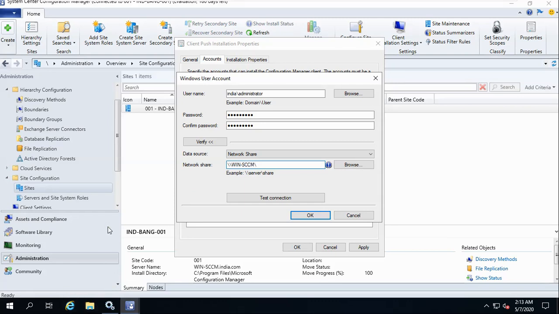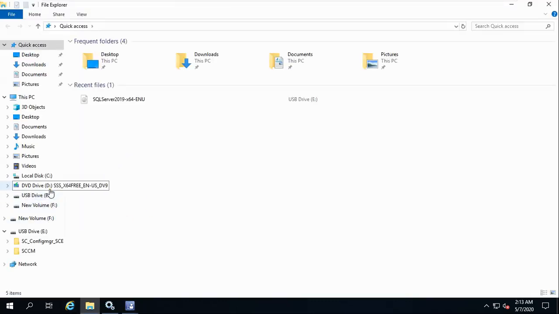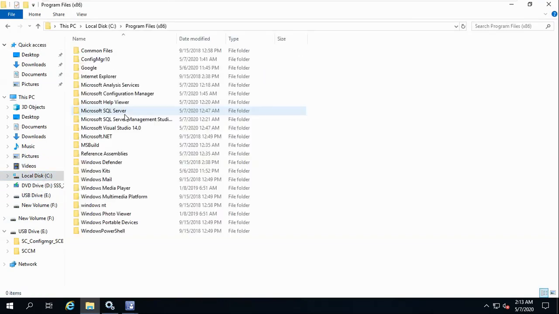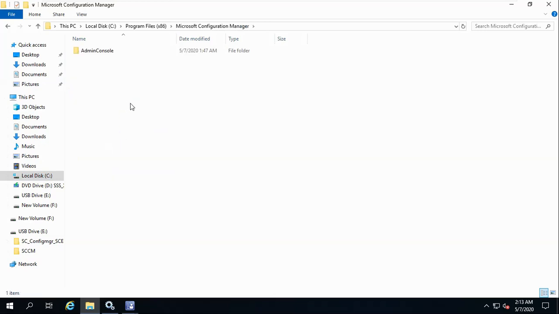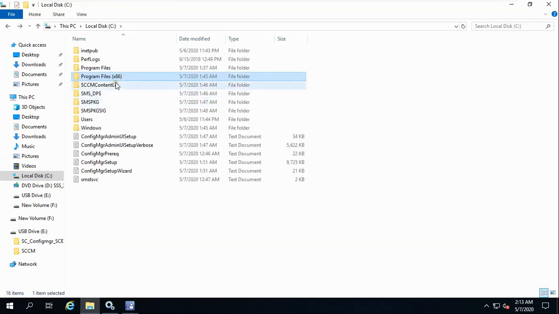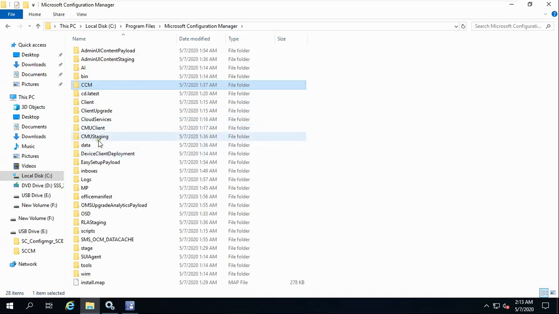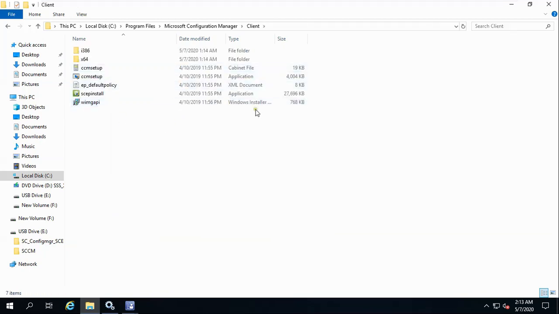Not an issue, you can go directly. Go to Program Files, Microsoft Configuration Manager. Here that folder is coming. From this folder, all the client files will be moving to your client machines.